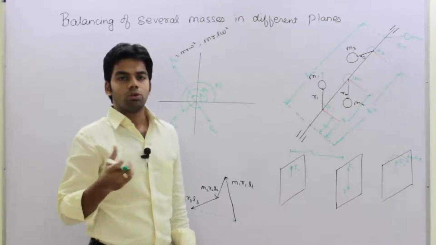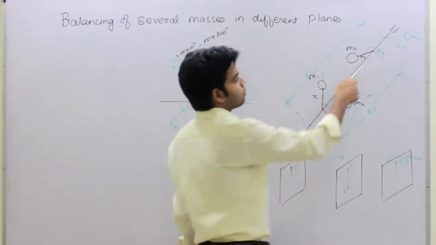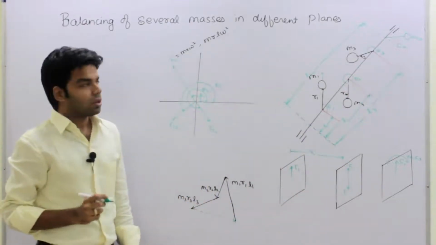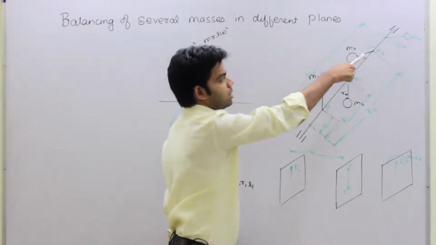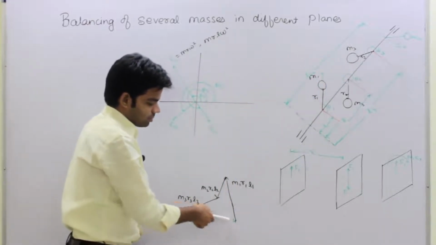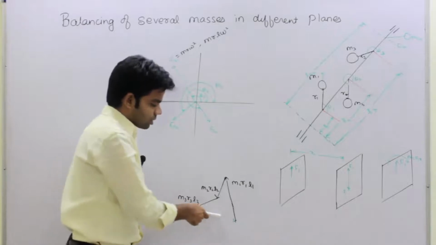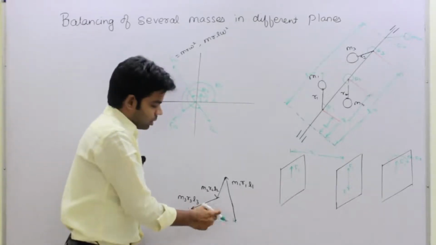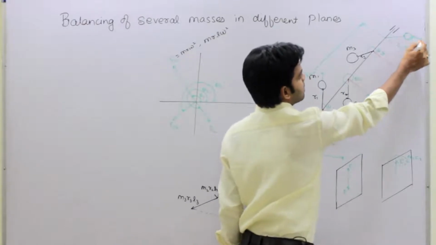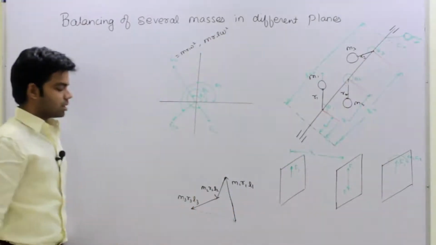Okay, so in order to balance this, we will have to put one mass in this reference plane C2. Getting this or not? Okay, तो यहाँ हमको एक मास पुट करना है, तो कहाँ पर करना है, कितने एंगल पे करना है? So that will be decided by this. Okay, so we are closing this with a vector. Okay, और इसके पैरेलल में then we will put a mass mc2 in the reference plane c2.